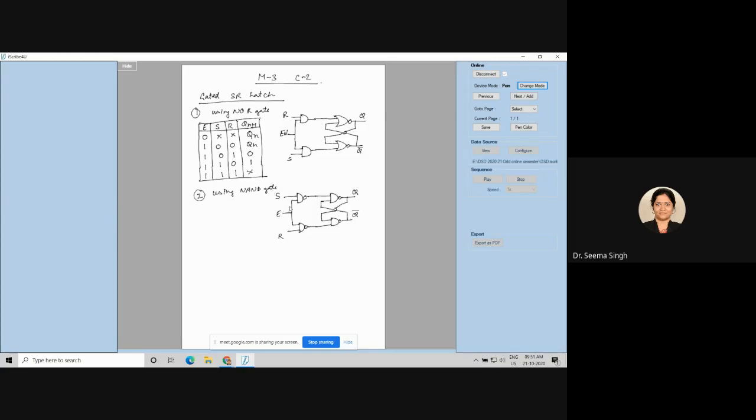1 and 0 will give me, NAND gate, how much time you want? 0, ma'am. 1 and 0 input will give me NAND output as 1, because 1 and 0 AND is 0 and NAND will become 1, right? Same way, 1 here and R as 0, 1 and 0 AND is 0, NAND is 1. So S and R 0, 0 will give me 1, 1 here.